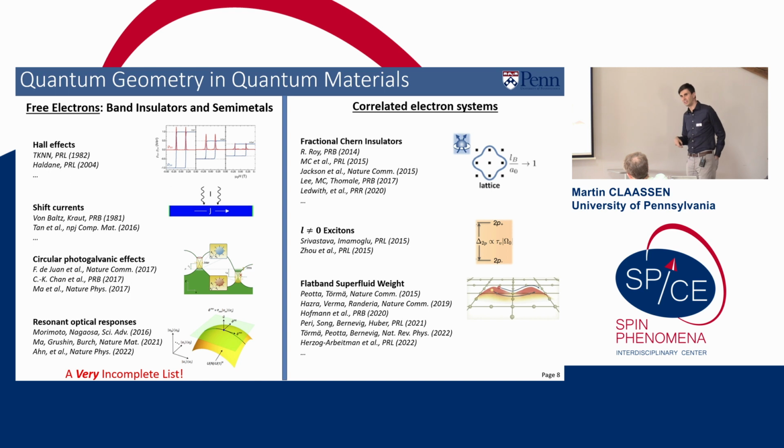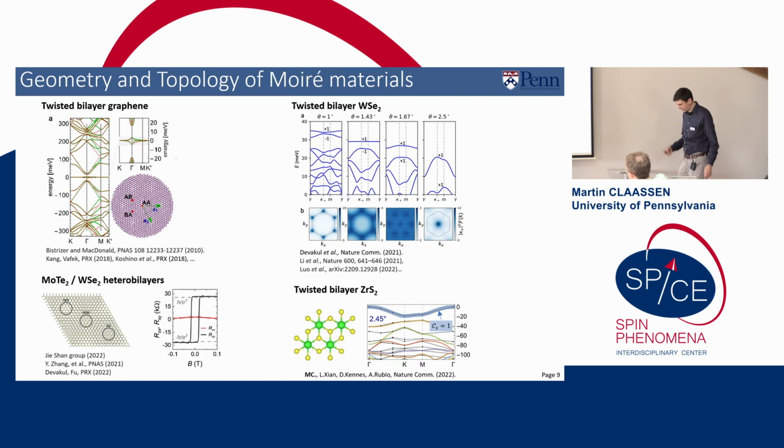So we have examples of fractional quantum Hall analogies on the lattice, actually work by Atach and Ajit Srivastava on looking at quasi-particle excitations such as excitons and quantum geometric contributions. And more recently, quite a lot of attention has been devoted onto flat band corrections, superfluid weight corrections from quantum geometric ingredients. So again, trying to understand superconductivity in graphene if we take the perspective that the band is almost perfectly flat. Now, graphene, of course, is not the only moire material for which this is relevant.